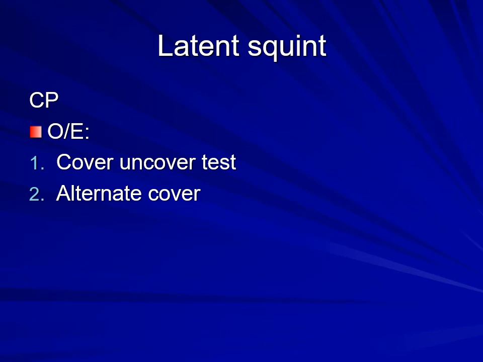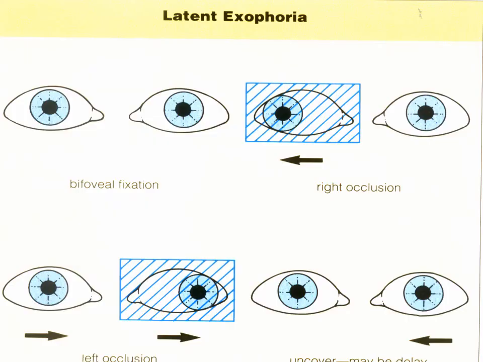The tests used for the latent squint are the cover-uncover test and the alternate cover test. In the cover-uncover test, we will notice a movement of the eye under the cover. If we look at the upper part of the picture, we will find that the eye on the left side is centralized, but when we cover the right eye of the patient, we will find that the eye is escaping